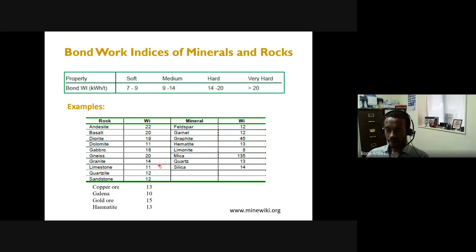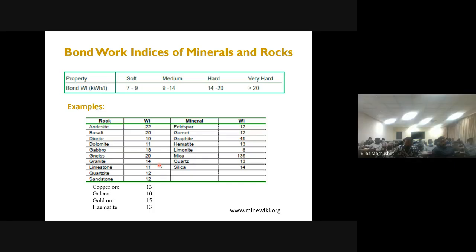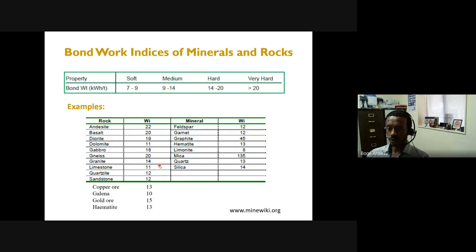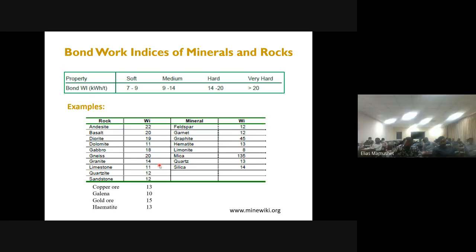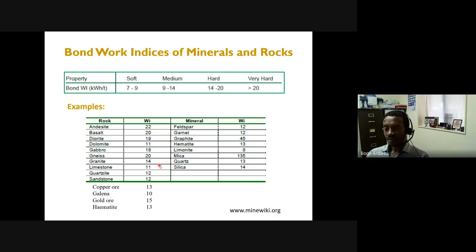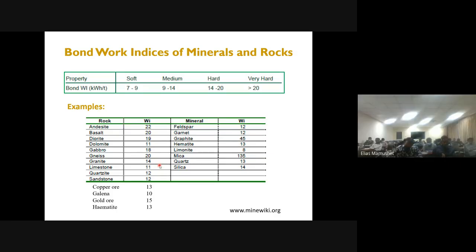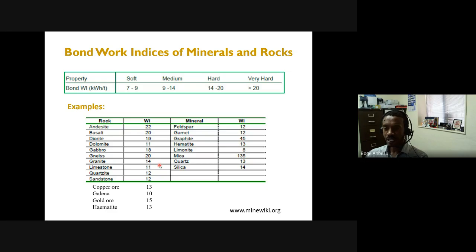If I give you a sample of graphite, you can break it with your hand. If I give you a sample of mica, you can easily break it with your hand. They're not actually hard. What's the problem then? The problem is that they are flat, so you can peel them layer by layer. If I give you a sample of mica, you can peel it layer by layer using your